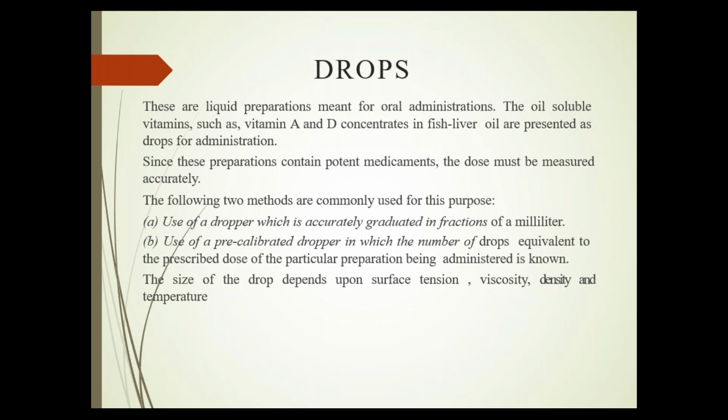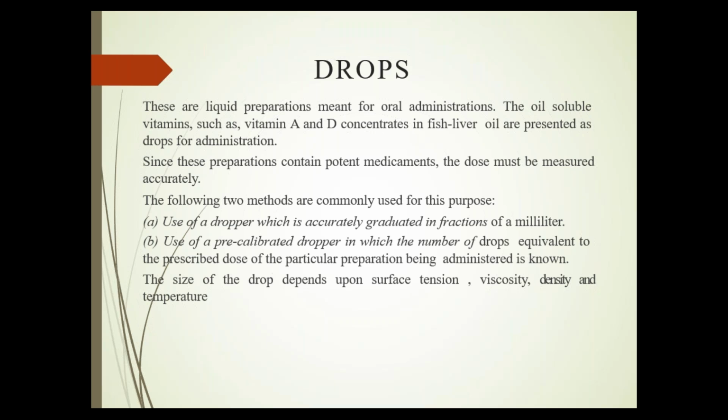So for that, what do we do so that the exact dose is measured? Machine, as the name suggests, drop. So naturally, we are going to use a dropper. On the dropper, you all must have seen markings. There will be fine markings, like fractions of a milliliter, and we can see how many it will be if it is 2 ml, 1 ml, if they tell, so that it is already properly graduated in the